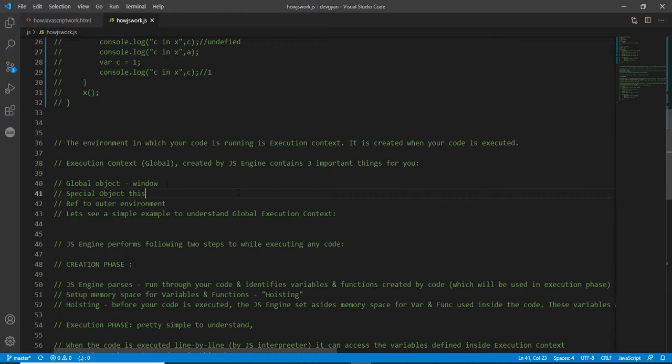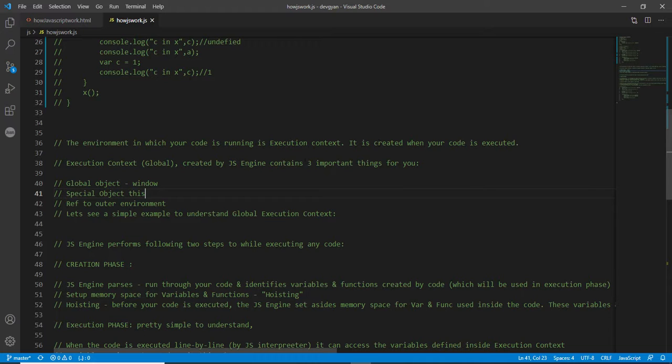The environment in which your code is running is the execution context. It means the execution context provides the environment where your JavaScript code will be executed. It's very easy. Execution context is nothing but the environment where your JavaScript code is executing.